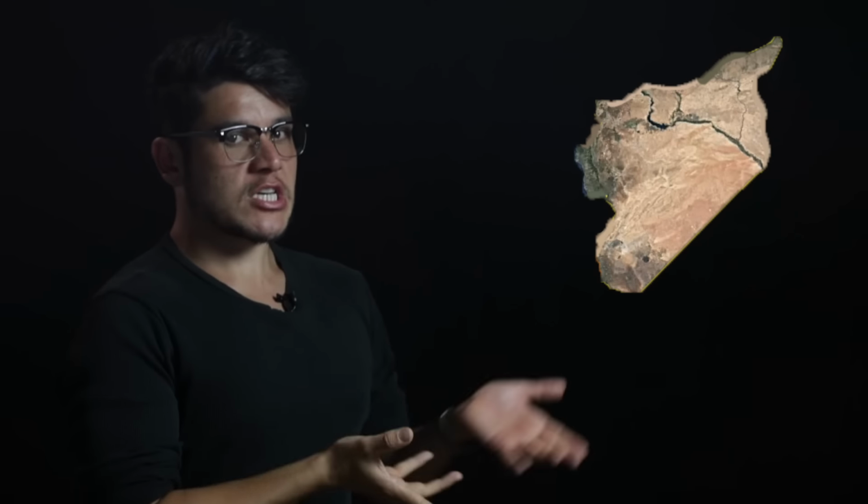So before we dive into the map, you have to understand some backstory when it comes to Syria. See, the shape and borders that you see here right now are technically what Syria looks like today. However, these borders were only shaped in the 20th century. Prior to that, the areas that Syria has today were subject to a myriad of empires, kingdoms, sultanates, protectorates, and state statuses. It would take way too long to cover, but throughout thousands of years, Syria went through the Neolithic period,